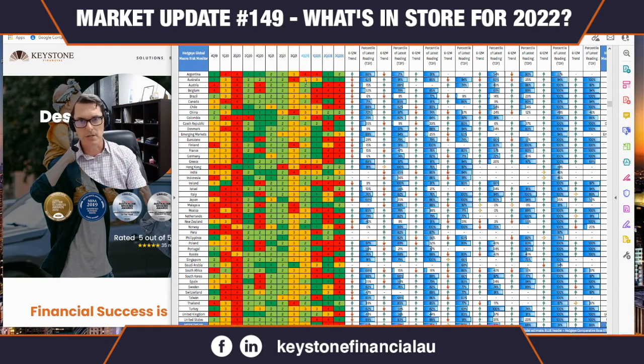So I just wanted to touch on Australia real quick, because not every country does what the U.S. is doing. In fact, sometimes you can have the U.S. in a certain quad and other parts of the world in other quads. A great example of that right now is China. China has been in a quad 3 situation for the last couple of quarters, I do believe.